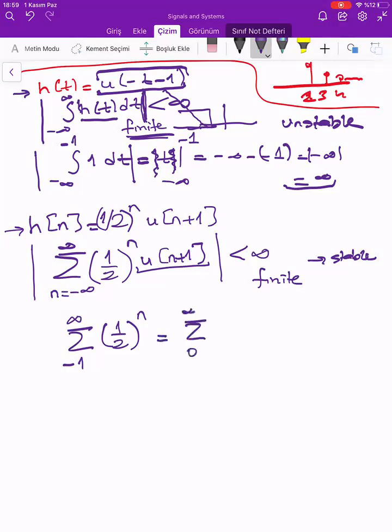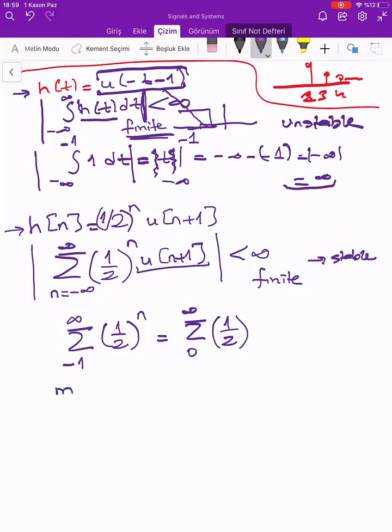Now it is not from -1, it is from 0 to infinity, right? Actually, this is -1. It doesn't really affect our stability concept, but let me